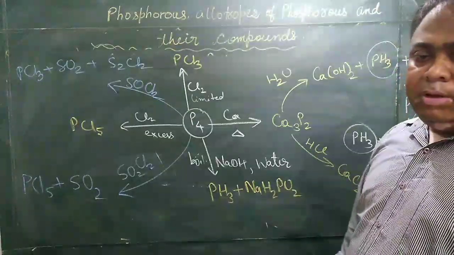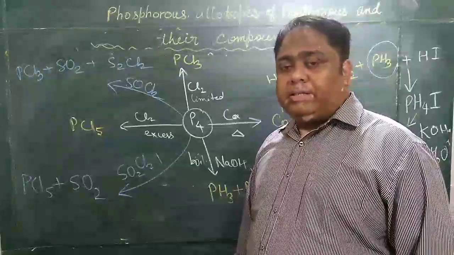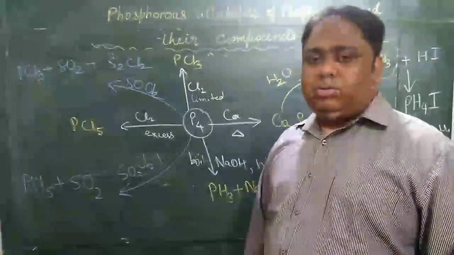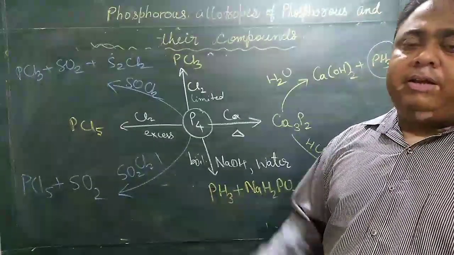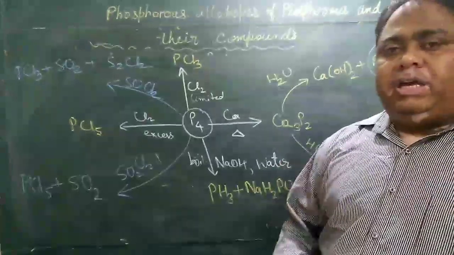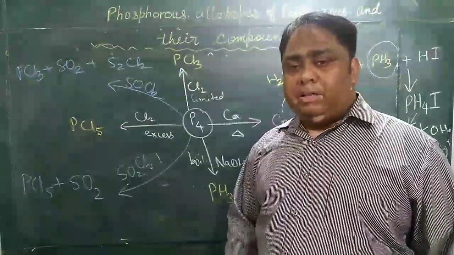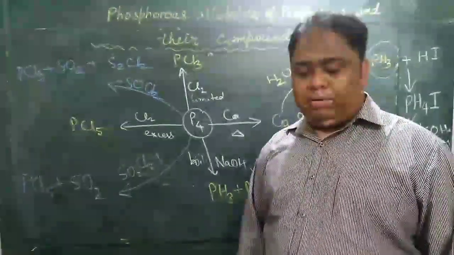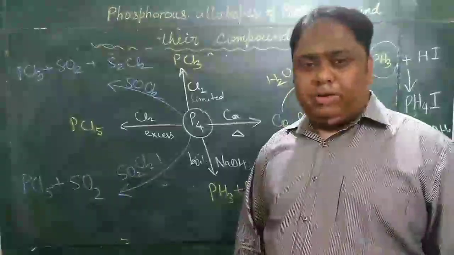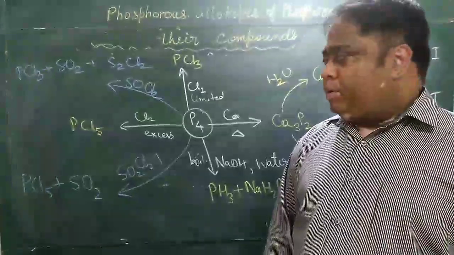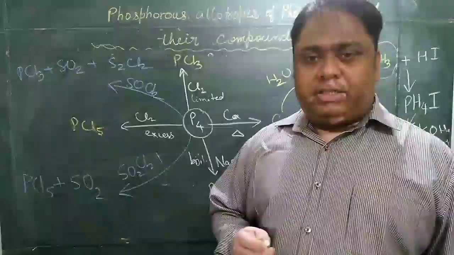In my next class, I will be telling you about the oxo acids of phosphorus. There are a few oxo acids of phosphorus and there are a few reactants to be remembered for that. Their structures, their reducing ability, their ability to give out hydrogen, all that we will see in our next class, because this video will become longer for uploading. It will become difficult to upload and you will not have so much of time to observe these two. Okay, so I will make a separate video and I will give you strategy to remember those reactions also.